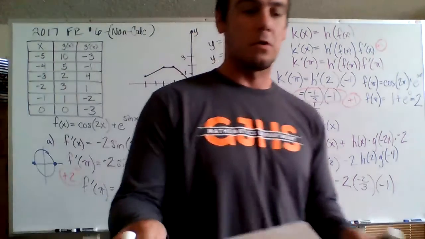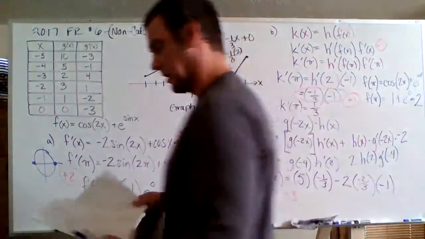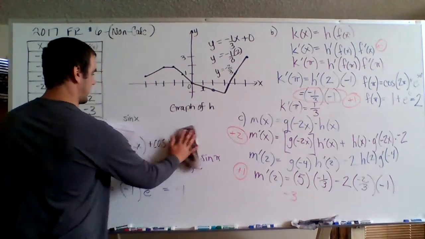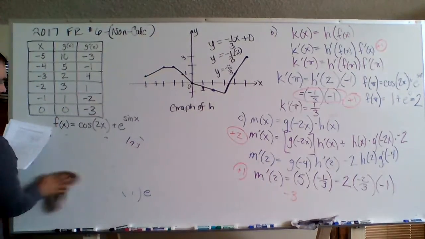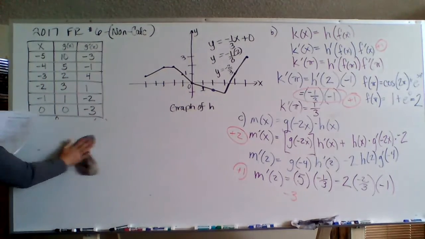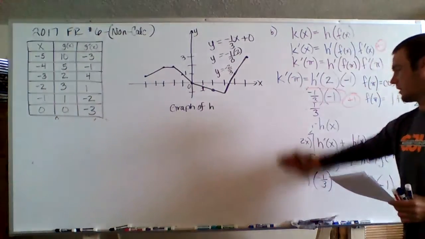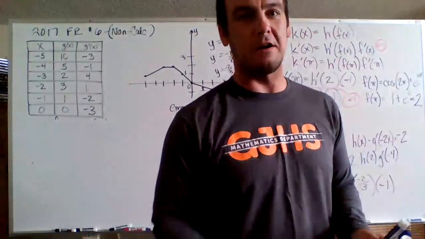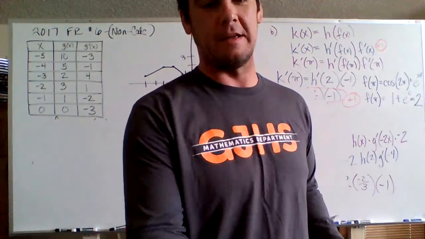All right. So let's talk about part D then. So part D here is asking, is there a number C in the closed interval -5 to -3 such that g prime of C equals -4? Okay, so here, I know I've talked a little bit about this before. It's asking you, does there have to exist a derivative that equals -4 on that? Okay, so let's start thinking